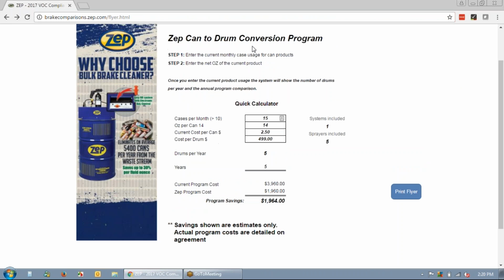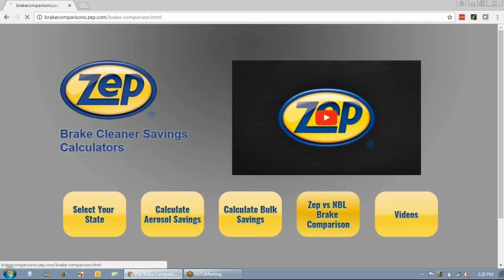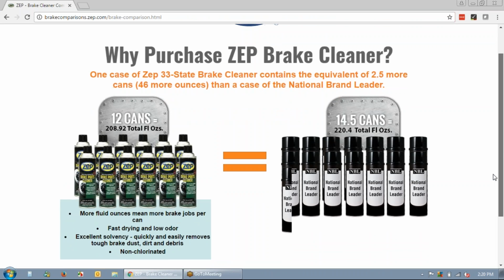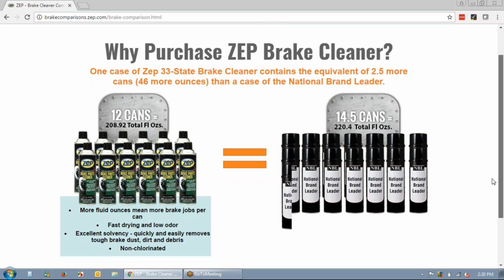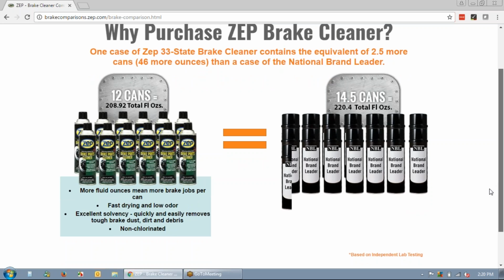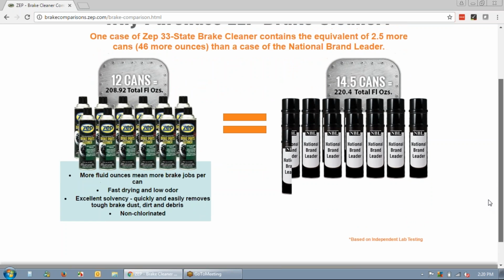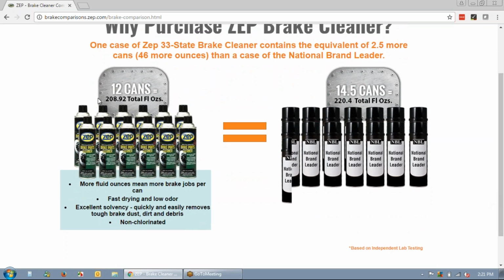So that is the bulk drum conversion program. The fourth one over is just a simple one-page flyer. If, again, they're not big enough to go on the bulk program, this is how they would compare on an aerosol version. That 12 cans of ZEP brake cleaner, which equals 208.92 fluid ounces, would be equivalent. It would take 14.5 cans to have pretty much the equivalent